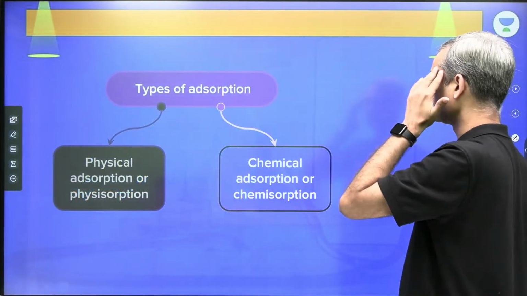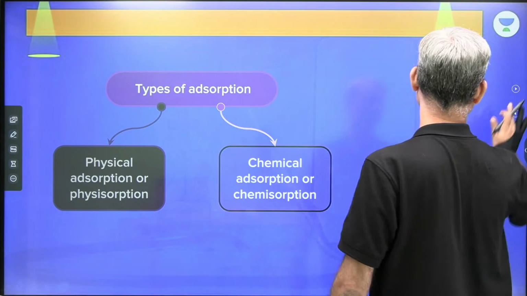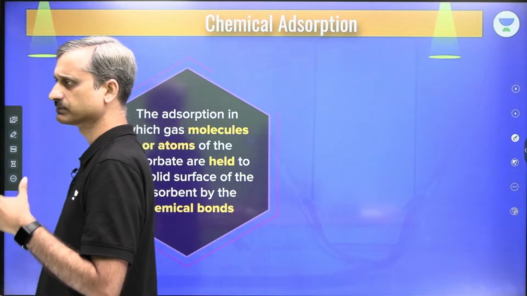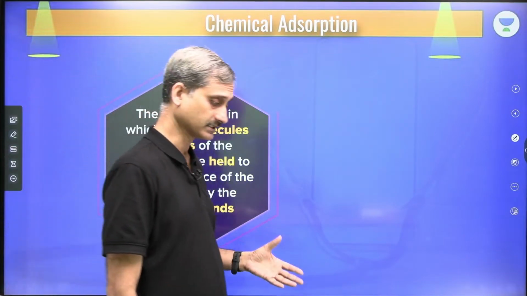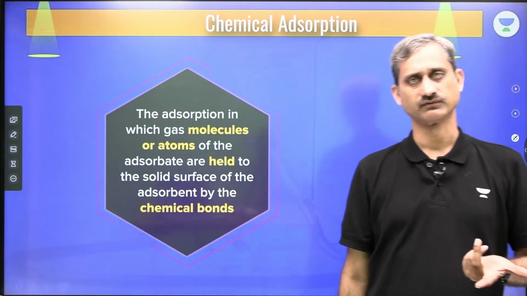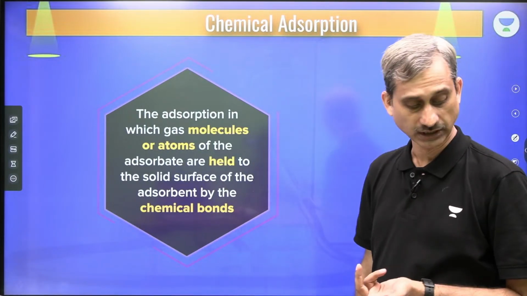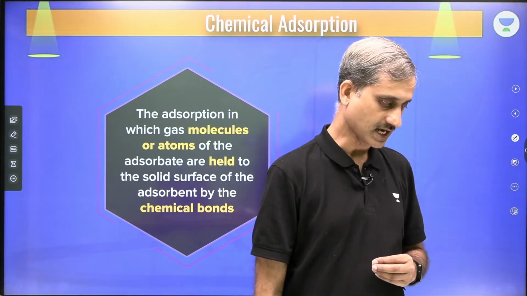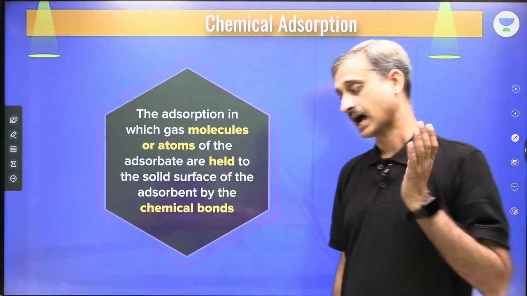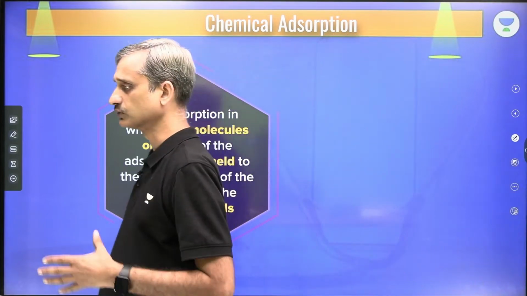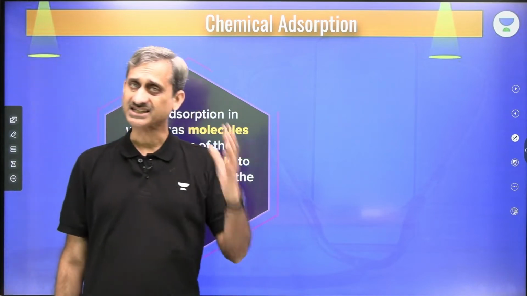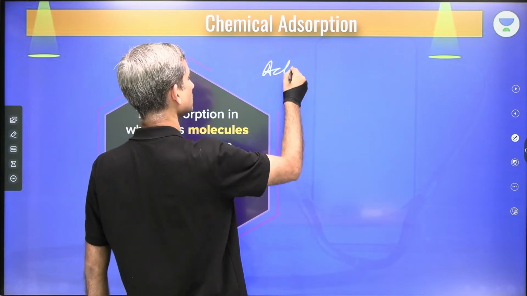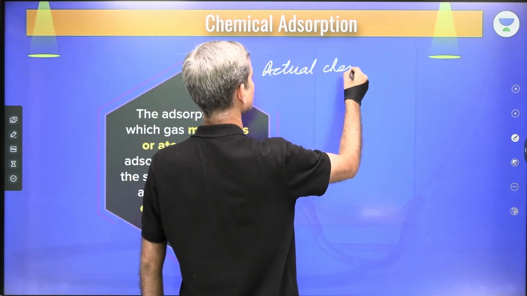Now let's get along with something called chemical adsorption or chemisorption. Chemical adsorption is because of an actual chemical reaction taking place between adsorbent and adsorbate. The chemical nature is transformed. Something like when we have aluminium and oxygen gas being adsorbed on aluminium, oxygen actually reacts with aluminium to form aluminium oxide on the surface of aluminium, and this is what we have as chemical adsorption. Chemical adsorption is an actual chemical